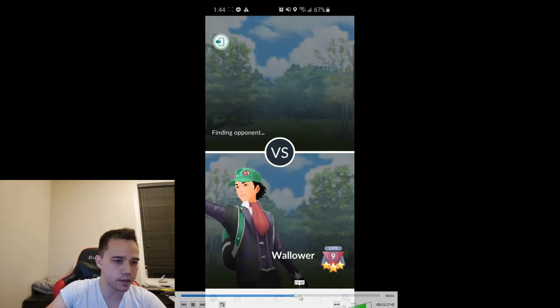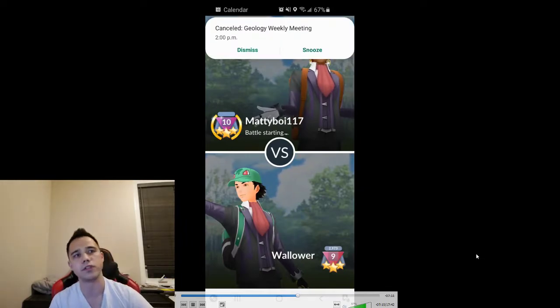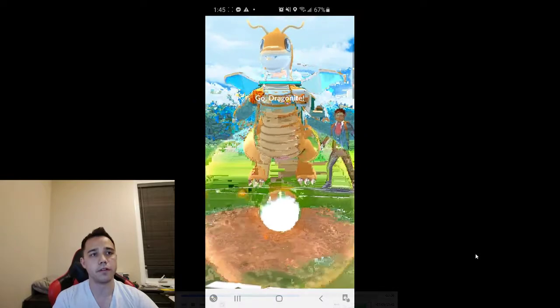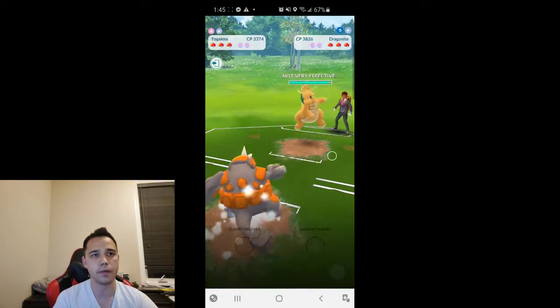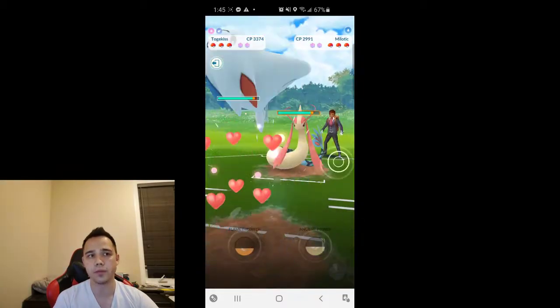Fast forward a bit here too. Okay, this is versus Matty Boy. And I think as we saw, it's Rhyperior versus Dragonite. So this is not a very good matchup for Rhyperior. Rhyperior gets destroyed. The benefit of this is that I know that there is going to be a Dragonite in